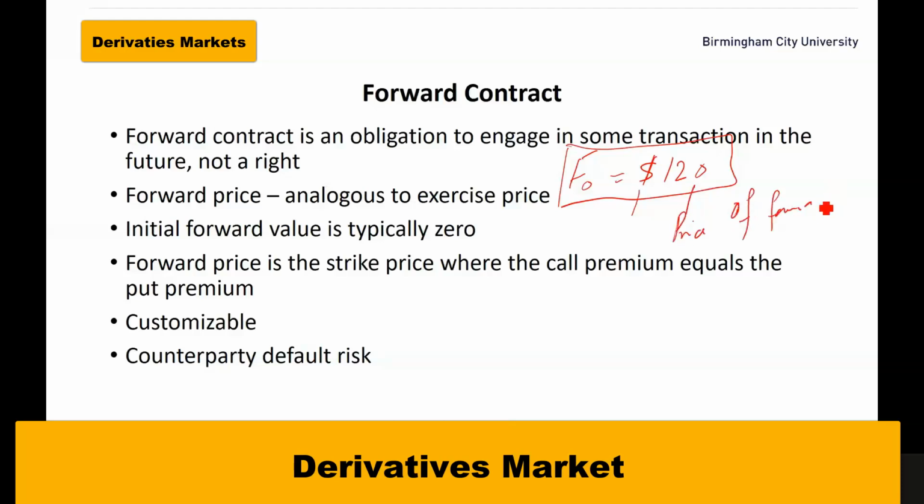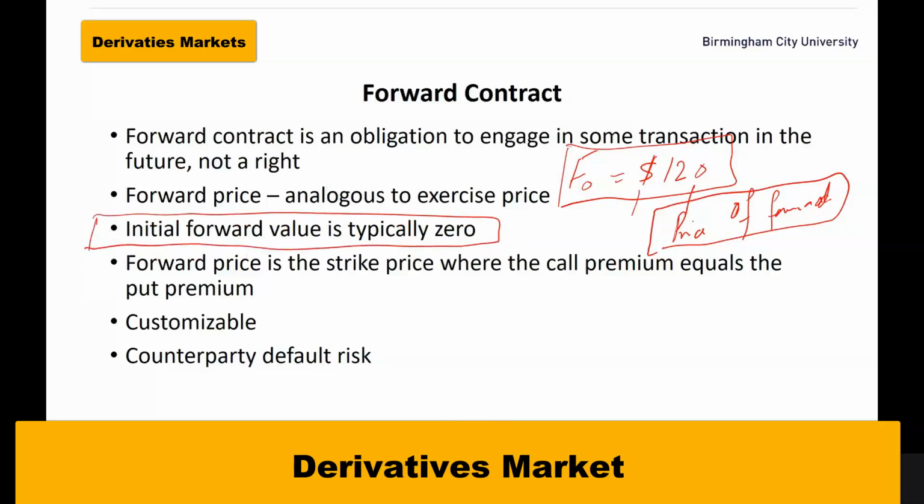Now, remember, whenever we initiate a forward contract or a futures contract, at the time of initiation, when the deal is done, the contract will have a value of 0. This is the basics of valuation of futures and forwards, as well as swaps. However, this is not true for options. At the time of initiation of a put or a call contract, the value will not be 0,